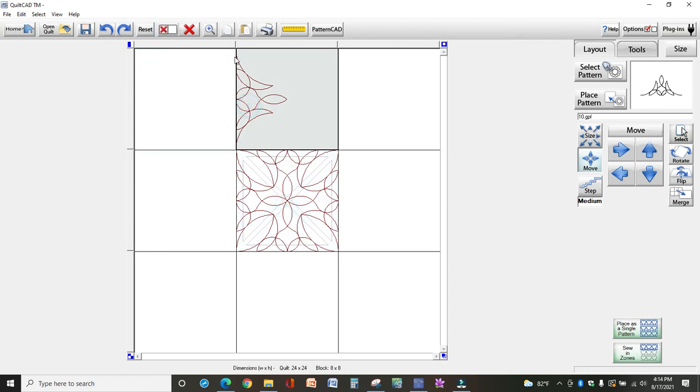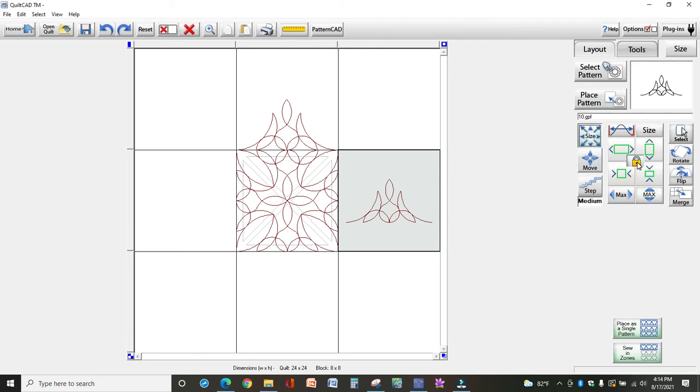Now on this particular one, I'm going to rotate it again and move it. And I'm just using the arrows to move. Okay. And so then I'm going to place it again here. I'm going to size it to the max. Oops, I don't want to do that. Only to the max left and right. Then I'm going to rotate it again. Move. This is a little bit of a hassle,